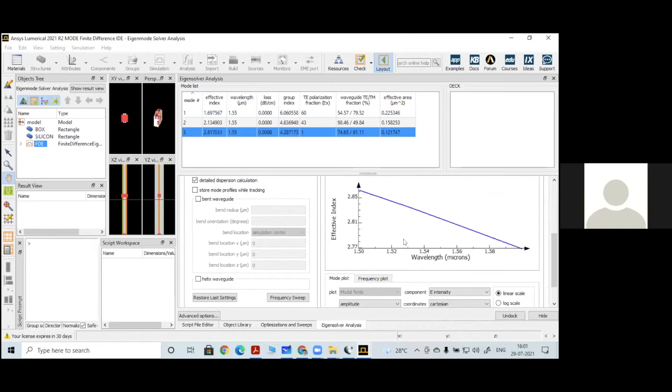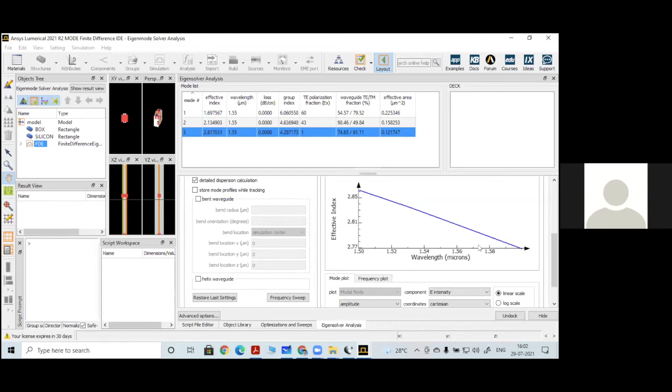Since it is a normal simple waveguide, there is a step variation in the refractive index. It is just like plotting one simple effective index variation with respect to lambda. So it is inversely proportional. As the wavelength increases, the effective index is decreasing. When we have some graded index kind of structures or some PCF or photonic crystals, you won't get a linear variation of the effective index. You will get some curve type of effective index variation.